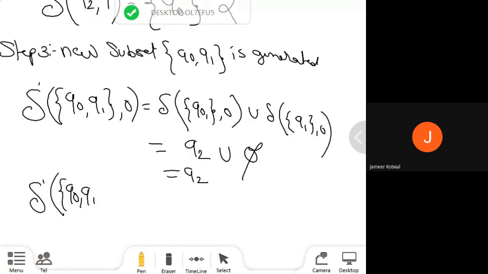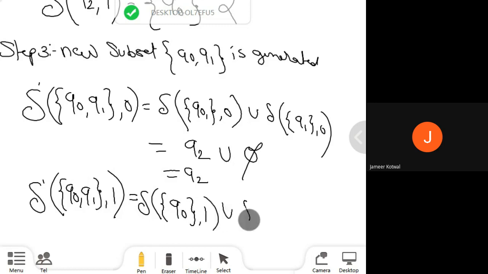Q0, Q1, in that process 1. So what does it say? Transition of Q0, I am going to process 1, union the transition of Q1, I am going to process 1.